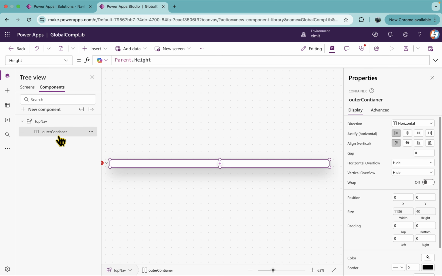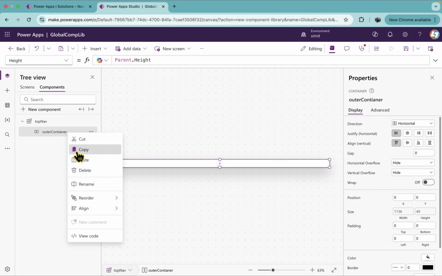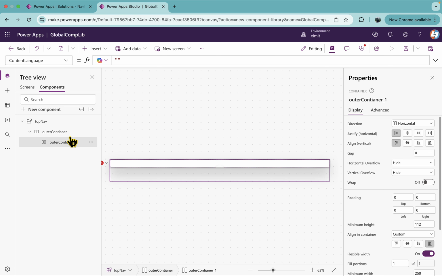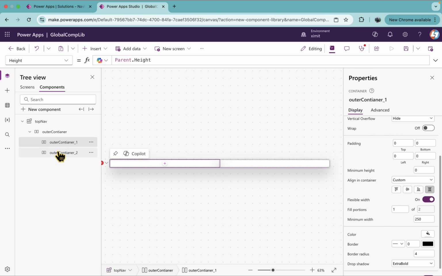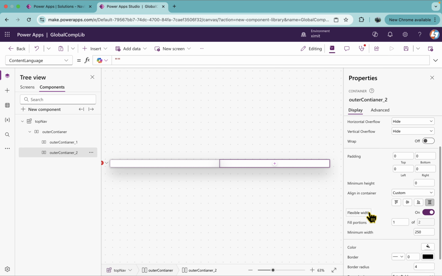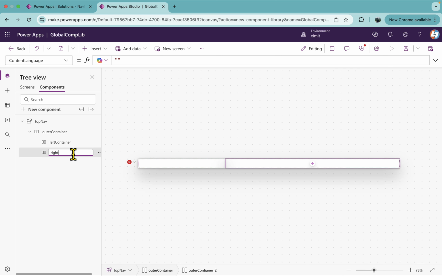And now inside this outer container, I'm gonna set two more containers. I'll just copy and paste them. There is a minimum height as well. I'll just set this to 0, and this minimum height I'll set to 0. In fill portion you can see 1/2. So this is good for us. This is what we are looking for, and flexible width is turned on, so it is taking equal space. We can change this anytime. Let's suppose if I do this as 0.5, you will see it will acquire the space accordingly. Change this, right container,